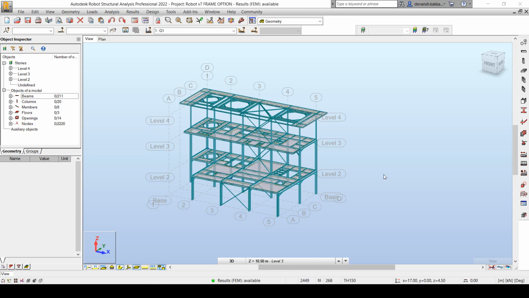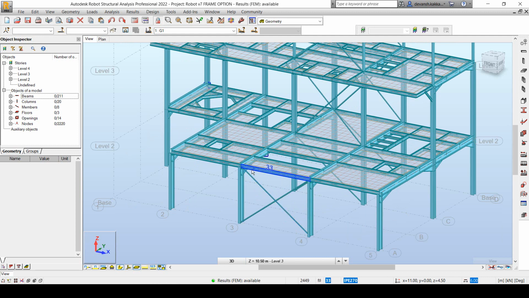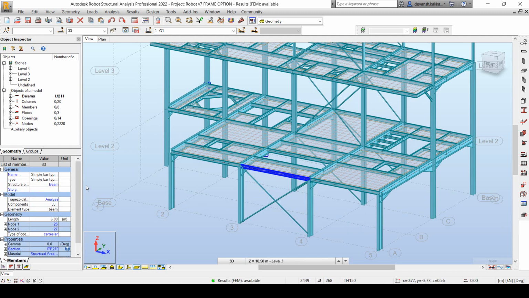In this part, we'll focus on how we can define different types of member properties to illustrate the structural behavior and also make changes to the orientation of the elements. Now, there are different methods of defining member properties. We can either define them through the object properties within the object inspector, or we have dedicated menus for defining these special properties. The first property that we'll look at is defining the releases for the different types of elements.